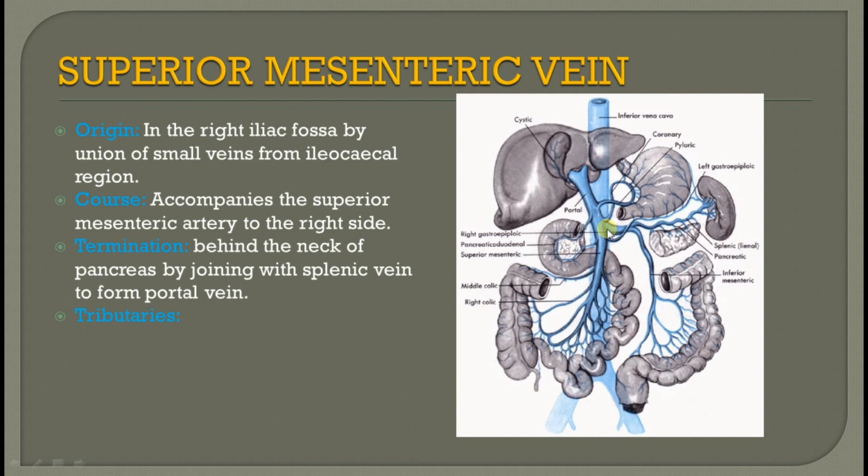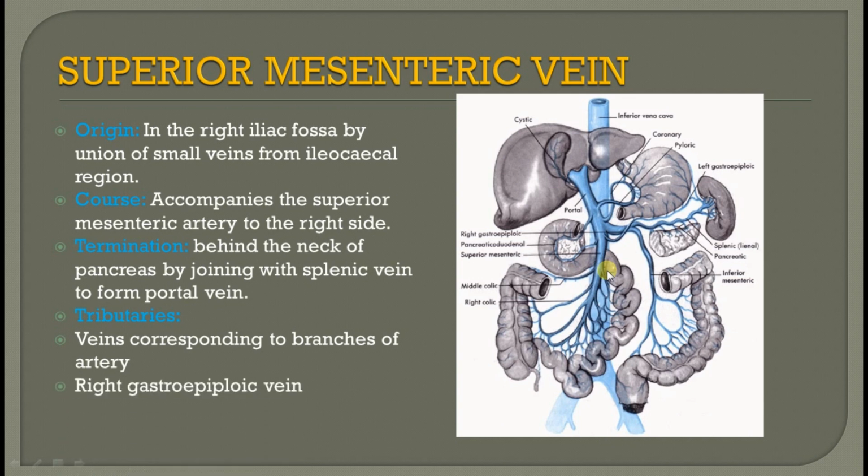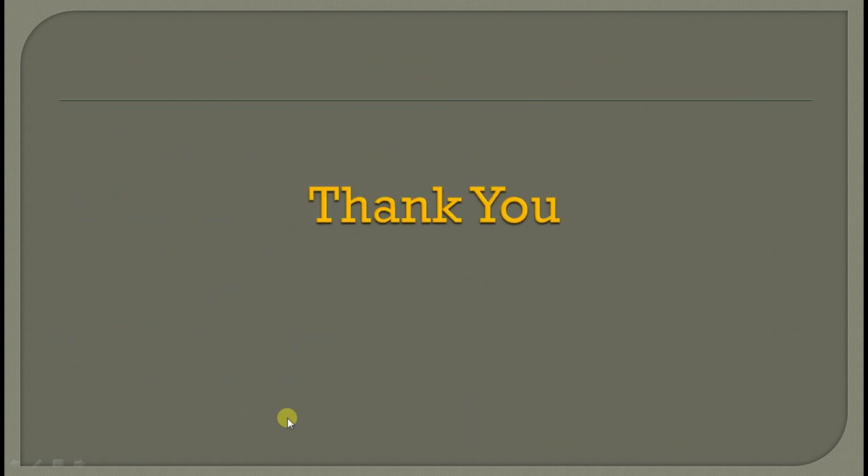The tributaries of the superior mesenteric vein are the corresponding branches of the arteries, like the ileocolic vein, right colic vein, middle colic vein. Okay, and occasionally it might also receive the right gastroepiploic vein. So apart from the corresponding branches of the superior mesenteric artery, it also receives the right gastroepiploic vein. So that is about the superior mesenteric vein. Okay. Then the inferior pancreaticoduodenal vein, of course, corresponds to the branch of the superior mesenteric artery. So that is about the